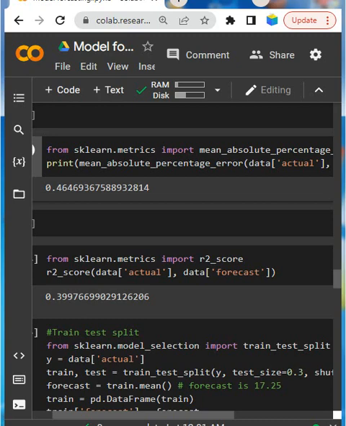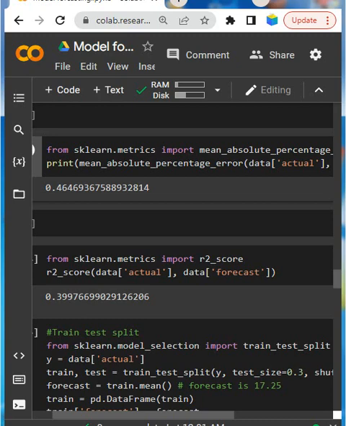It looks like the formula sometimes. So from sklearn dot metrics import r2_score, and now I am using it and I have gotten 0.39. So the formula does an interesting computation. It computes the ratio between the sum of the squared error and the sum of the deviations between the forecast and the average. So it comes down to the percentage increase of your model over using the average as a model.